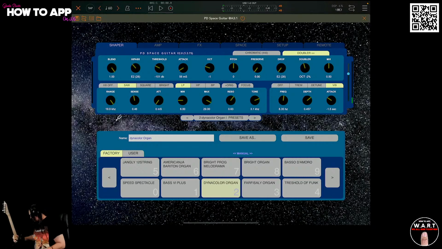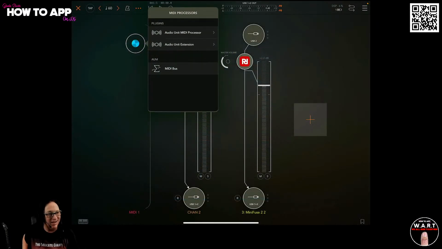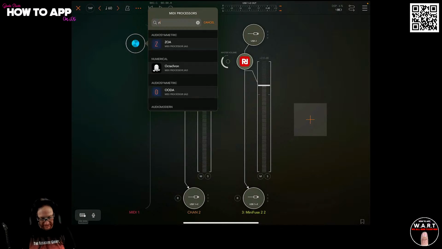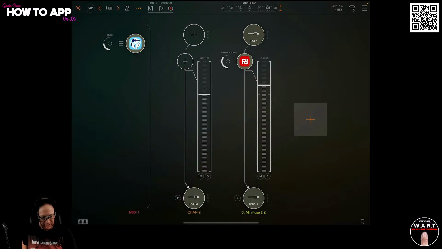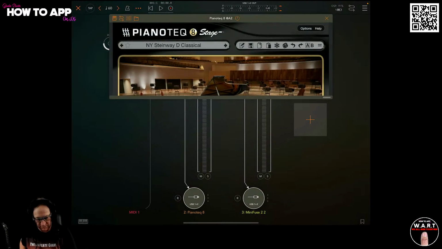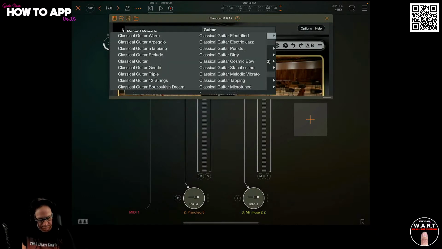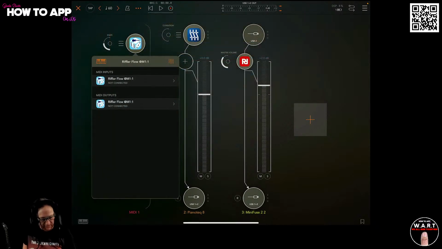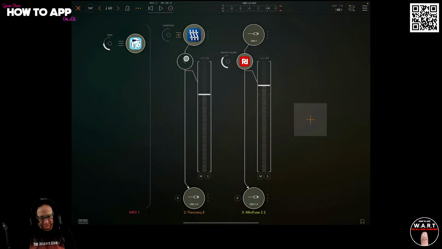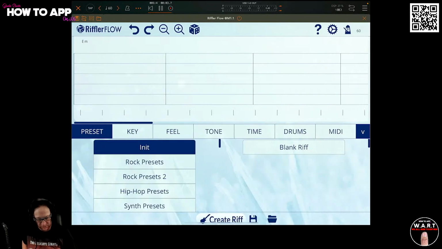So I'm just going to put down the guitar for a minute. We'll keep going through the rest of the settings and stuff. But I want to show you also that. Let's put in something. So we'll just use Riffler. But you can use any kind of MIDI processor. And in here, I'm just going to put in Piano Tech. You can use a piano if you want. But we'll choose this guitar tone. And I'm going to send Riffler out to this Piano Tech channel, and then we'll throw in a PD in here. And if I generate some notes,